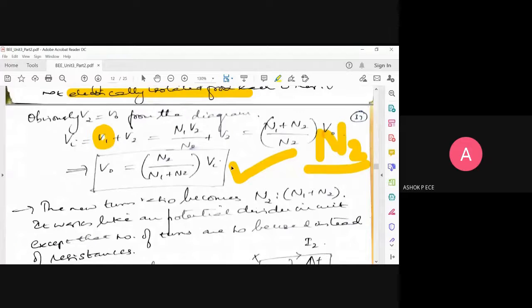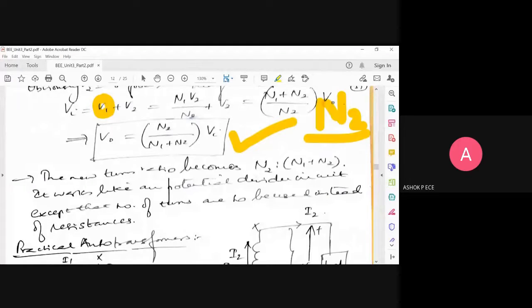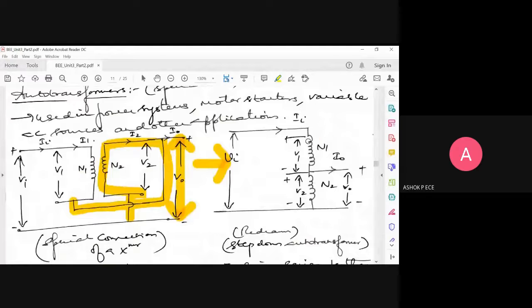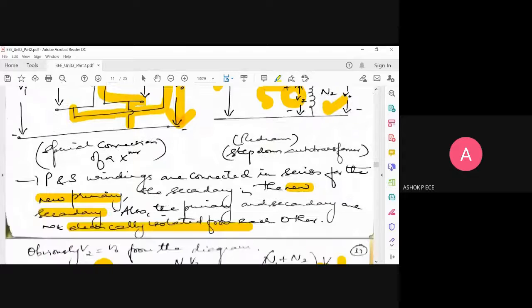So it is just like working like a potential divider circuit. It will divide the potential across primary and secondary, not exactly in an equal way. It will divide equally when N1 equals N2. If N1 is exactly equal to N2, if you give 100 volts here, it will be 50 across V1 and 50 across V2. But since the number of turns can be different, it will divide the voltage according to the